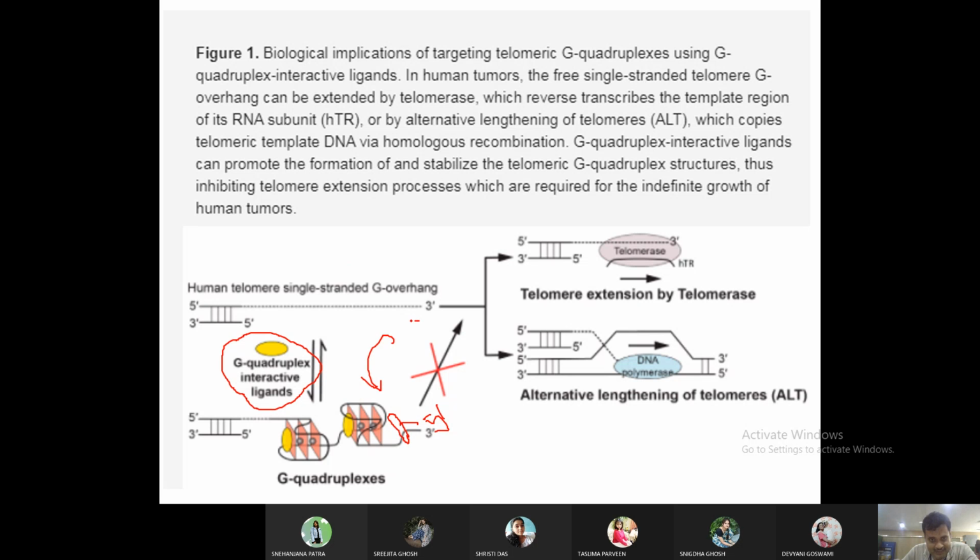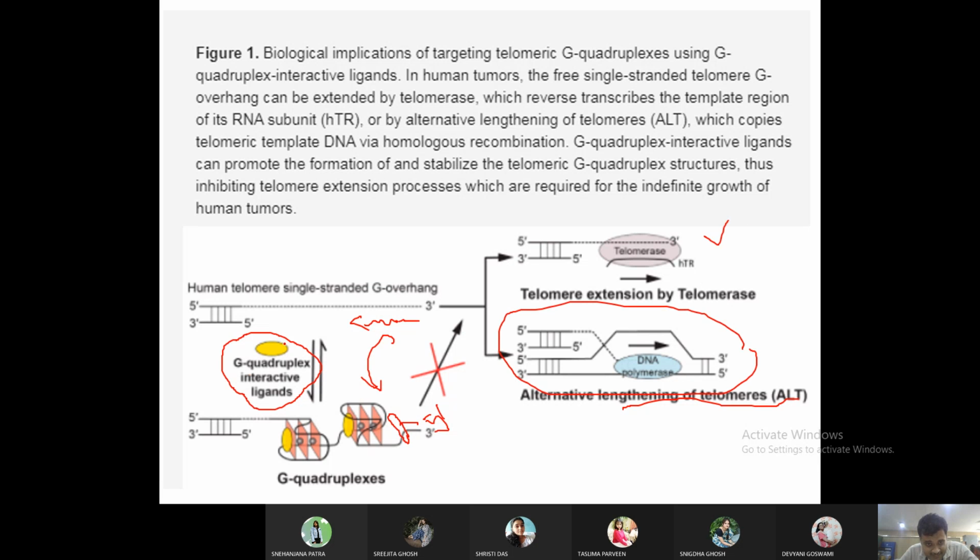So this can be used either for DNA polymerization or extension by telomerase, or there is another extension, called alternative extension, which we will talk about again when we talk about recombination. We know that we have all the chromosomes in duplicate. So this single strand can go and invade another chromosome, where the sequence is common everywhere. It is TTAGGG only. So it can go inside another chromosome, and from there it can get amplified using that template also. This is an alternative strategy, but now we are concentrating here.